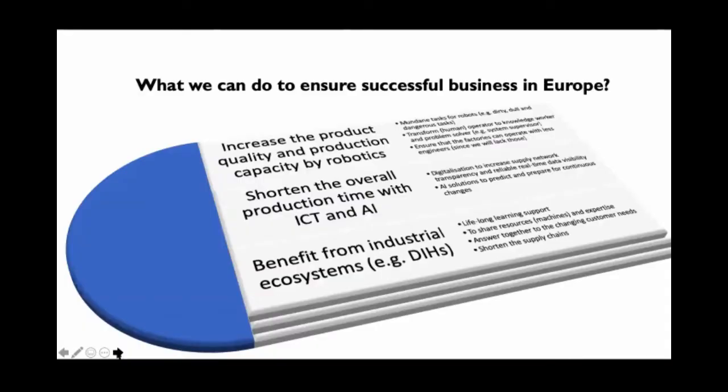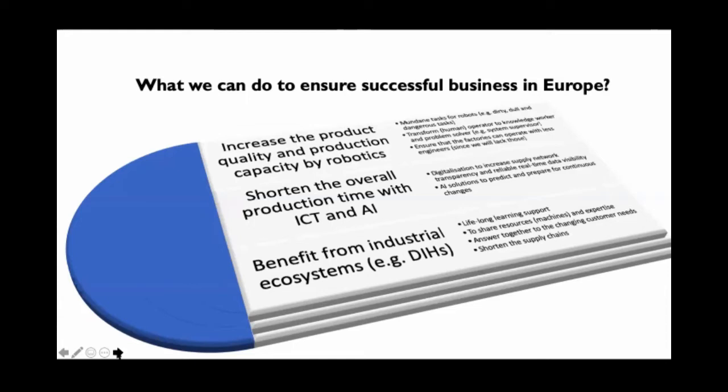Yes, so we have emerging technologies. I guarantee that when we increase robotics and automation solutions, we can increase product quality and production capacity. That's the main reason why we want to use robotics. Not exactly replacing the human, but taking the capabilities of automated systems into account in future.